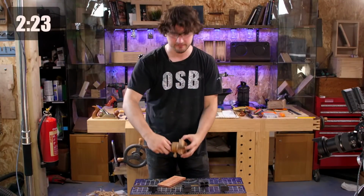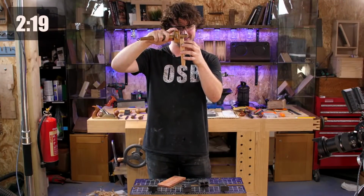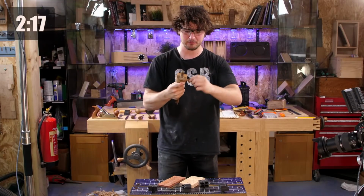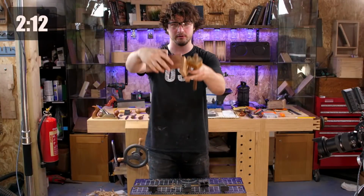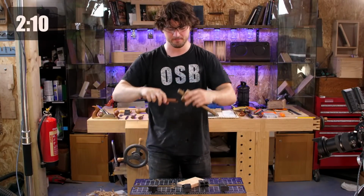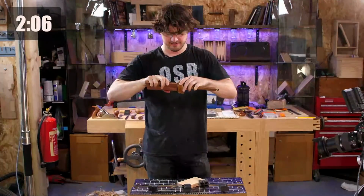Right. So, to start with, I am setting the distance in which the tails are going to be set into the front, all right? This isn't going to be a proper demo, by the way, all right? If you want to learn how to do this...